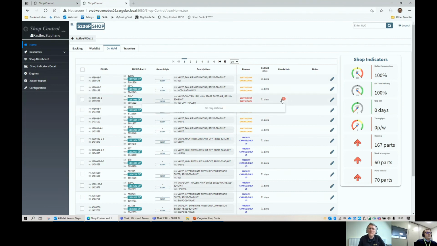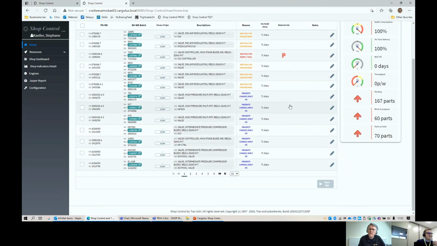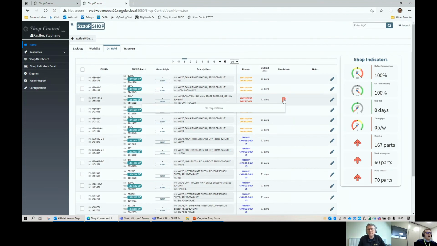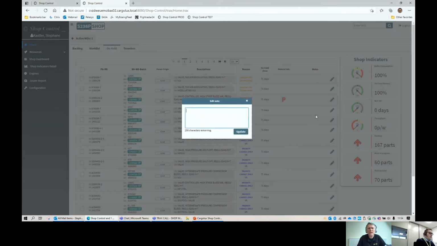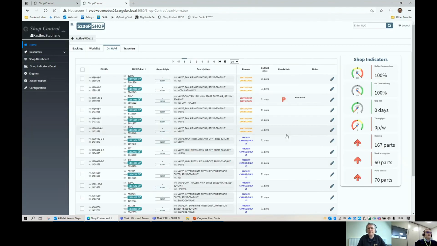If we are waiting on material, we immediately get that material information from the page as well. So it's not populated, but you see that small parts button. If you would be waiting for material, you would get real-time information: what is it you need and when is it coming? And you can basically manage your status,